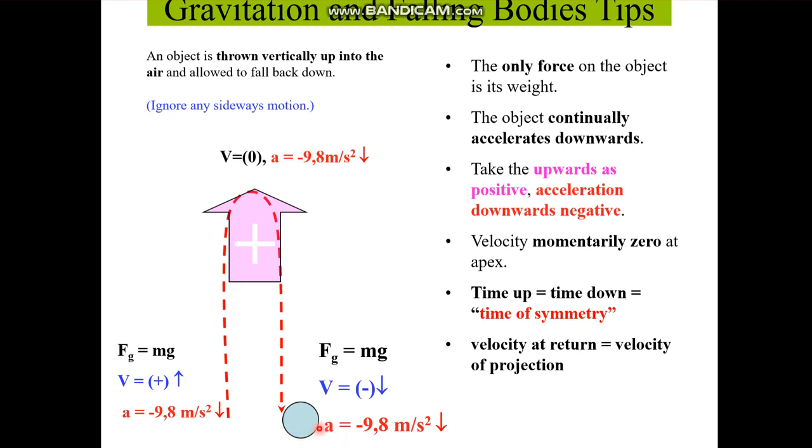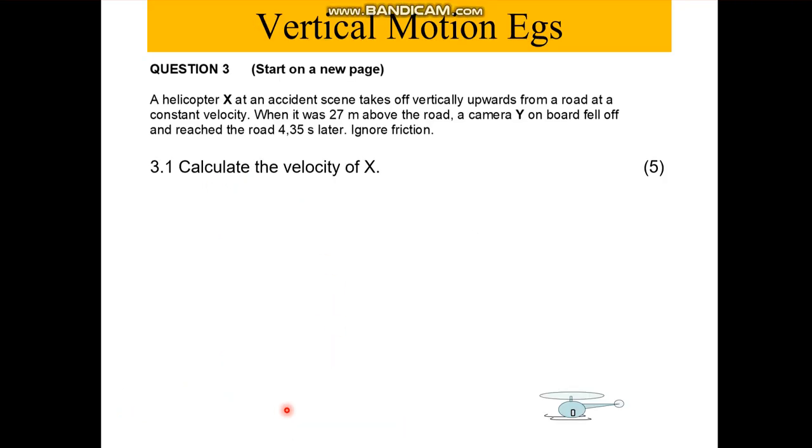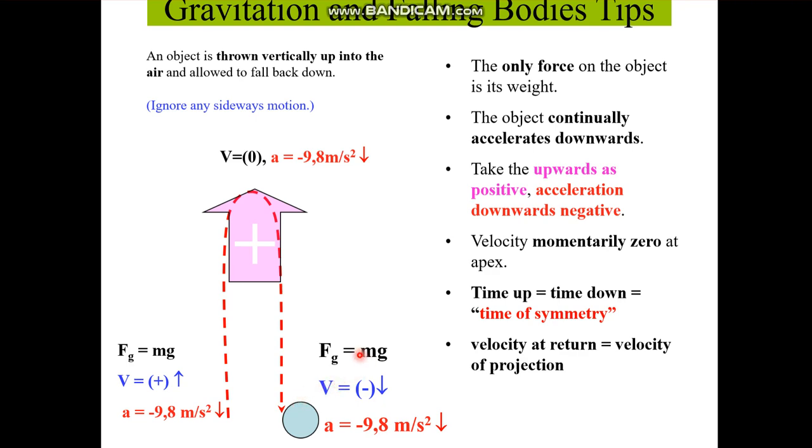Obviously once it hit the ground, its velocity would be 0, but when we say the final velocity, we're talking about the velocity just before it hits the ground. Alright, now we can move on to